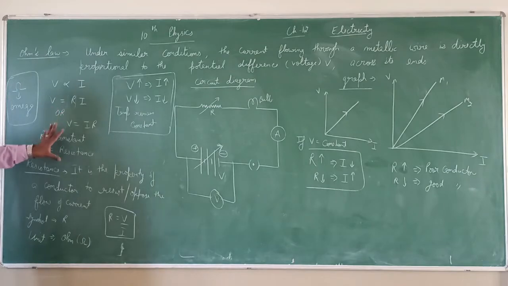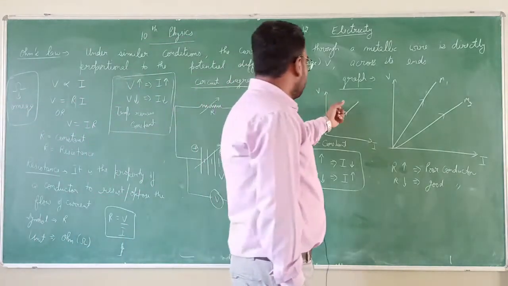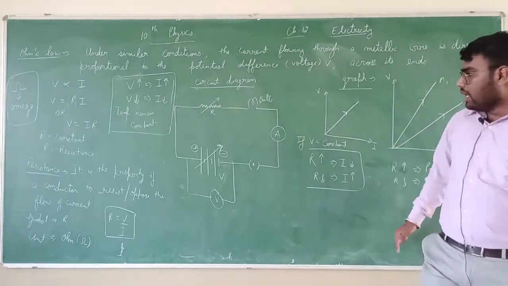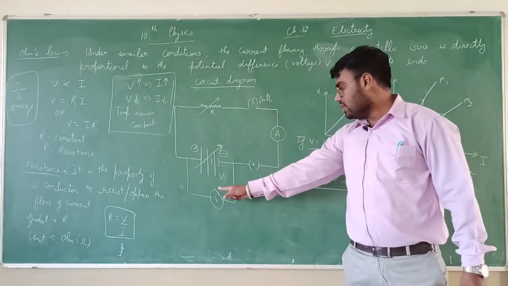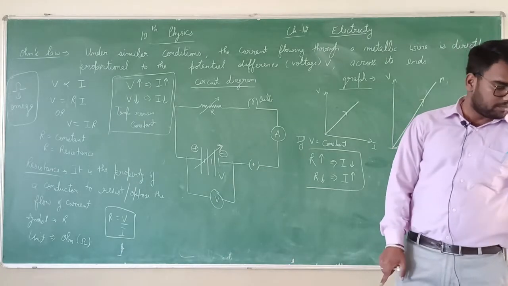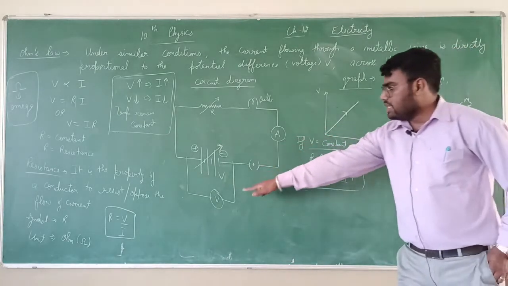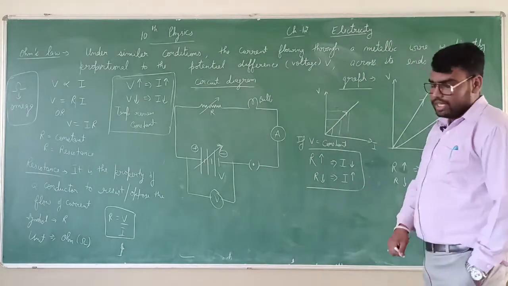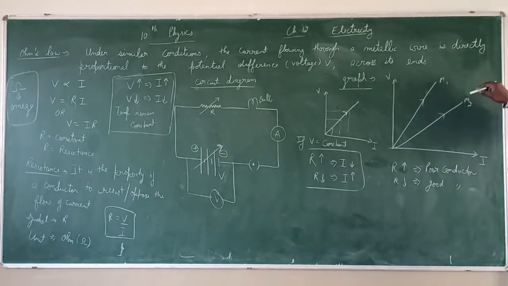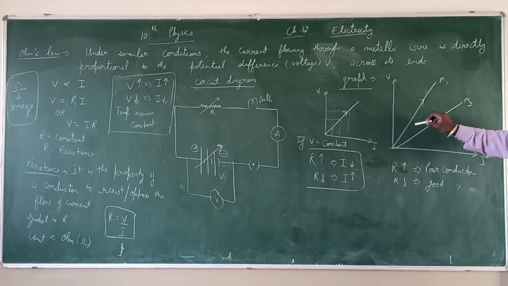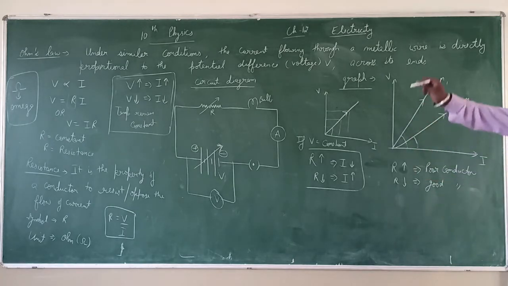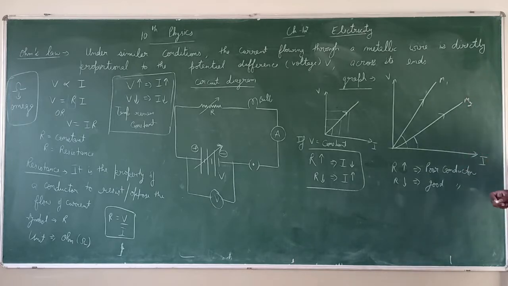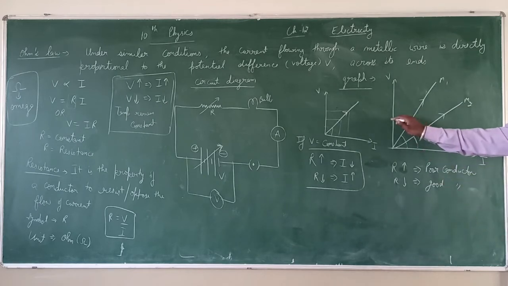This is the mathematical expression, and this is the graph George Simon Ohm made according to his readings. When he increased the voltage, he observed the current also increased, and by using these values of voltage and current, he plotted a graph and found a straight line. Now if he uses two different materials, we get straight lines, but the angles are different. That's why I said in the beginning that under similar conditions we can't change material or temperature. If I ask which of M1 and M2 has higher resistance, we will compare at any particular voltage.